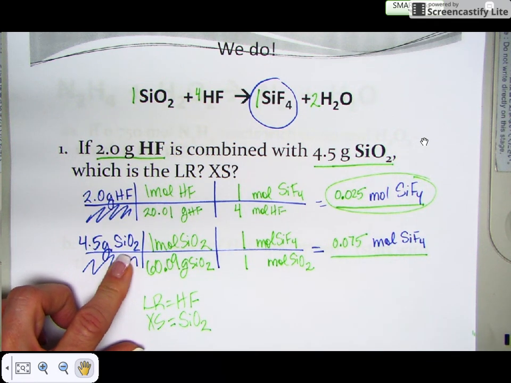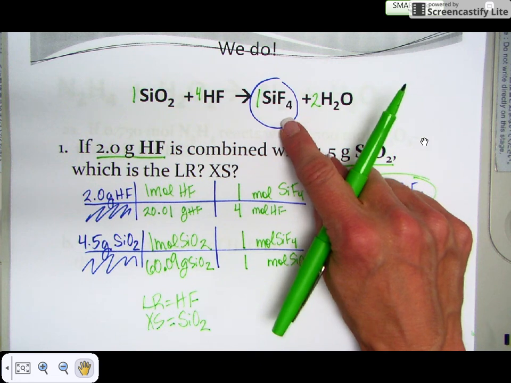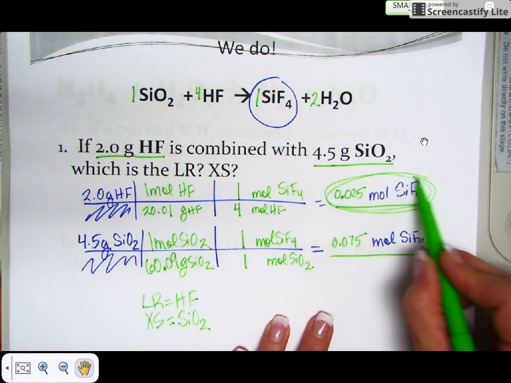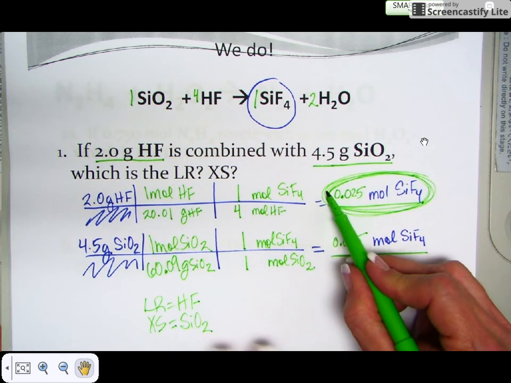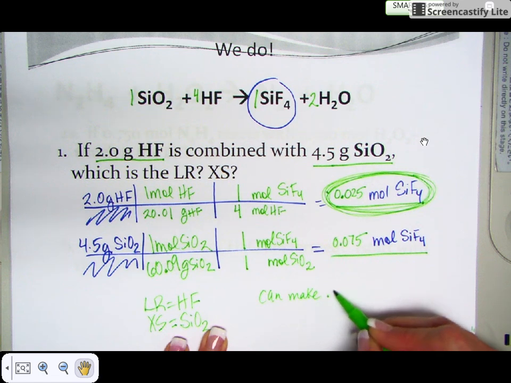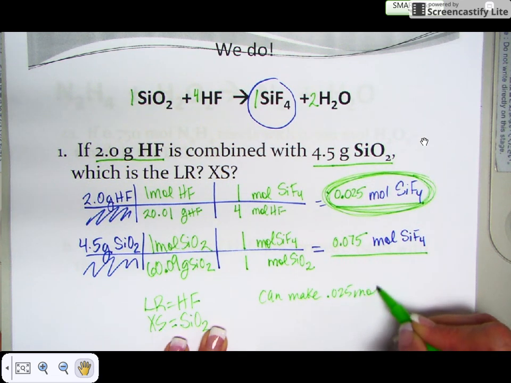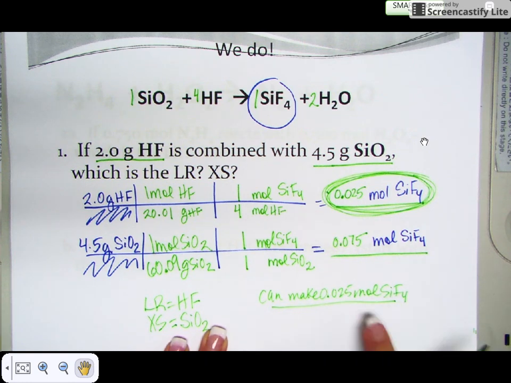And if I were to ask you how many moles of the silicon tetrafluoride can I make, you would just look up here at how much the limiting reactant made, because when it runs out, you cannot make any more. So you can make 0.025 moles of SiF4 if you were to be asked that. If they wanted you to tell how many grams you